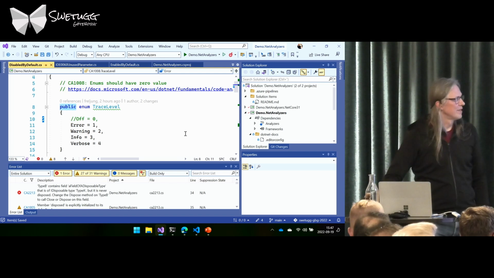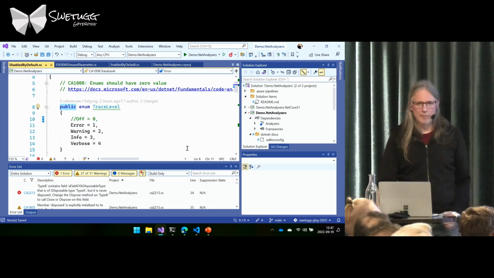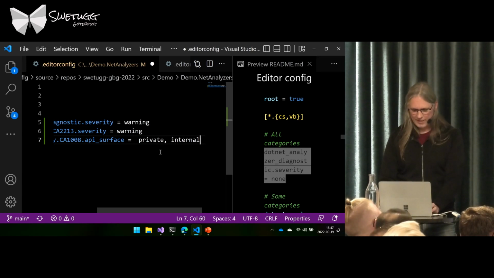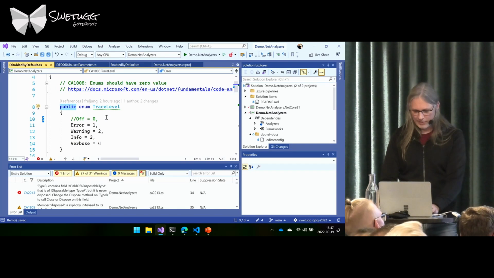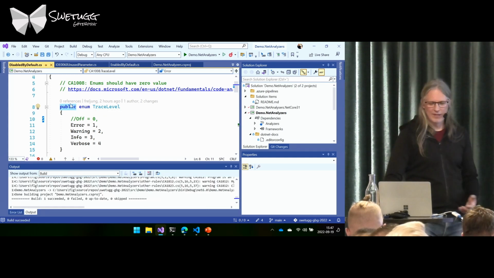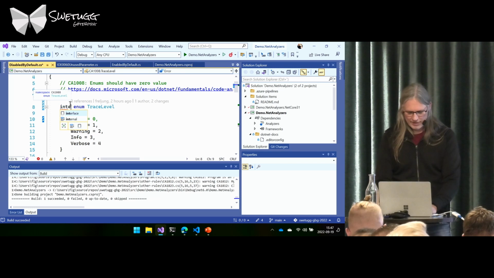So it's reacting because it's externally visible, it's a public type. So if we change this now to private, internal, come on. There we go. So now it's not triggering, but if we change it to internal,